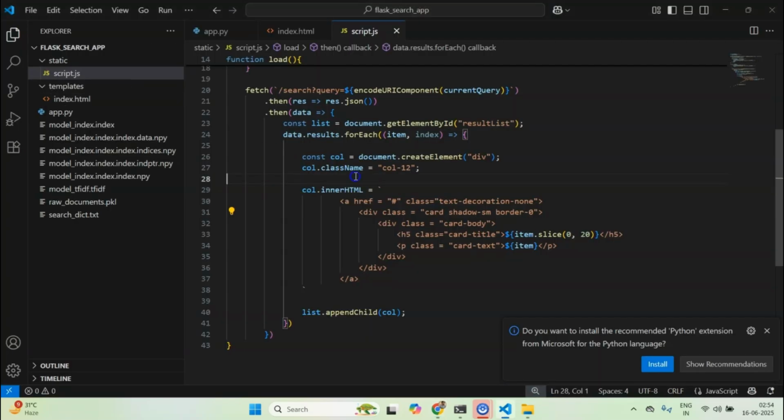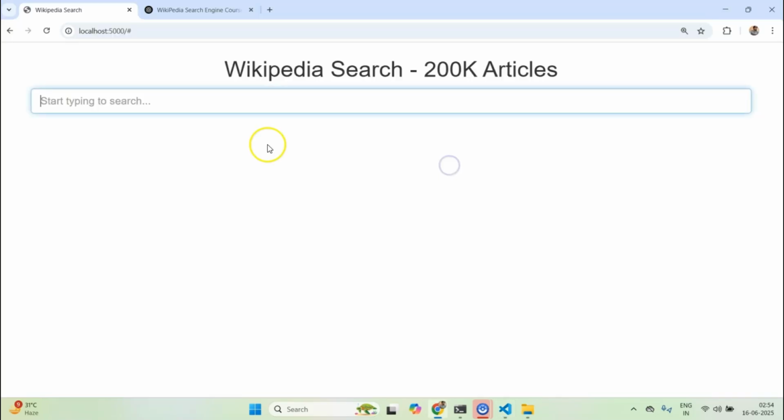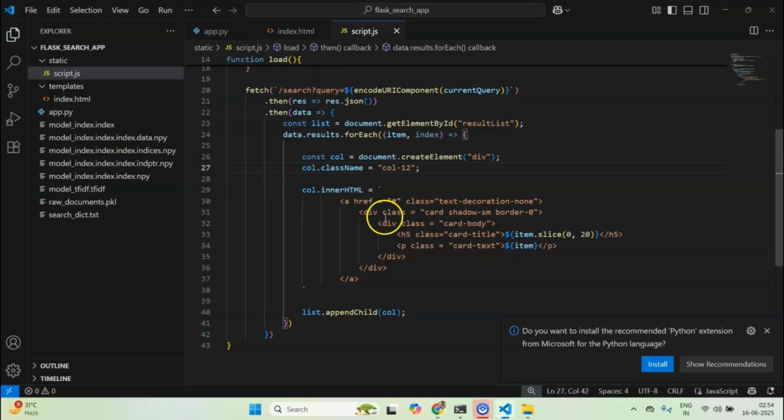So we can also do something like, maybe we can change the class name to card, shadow-sm. Card-body is looking good, card-title is looking good.